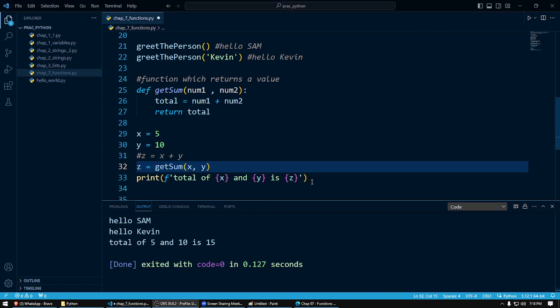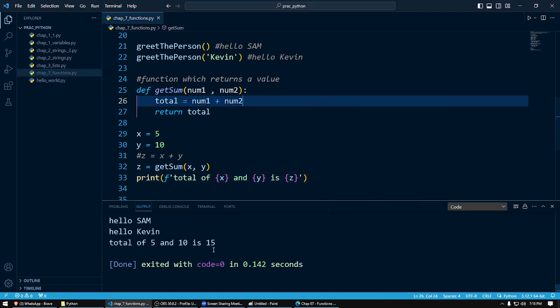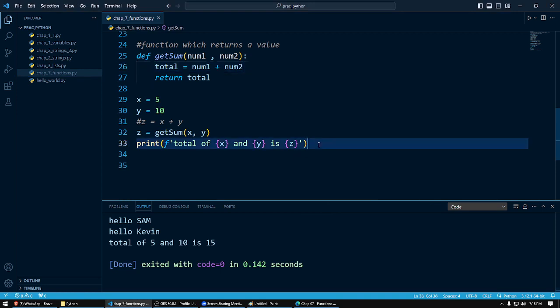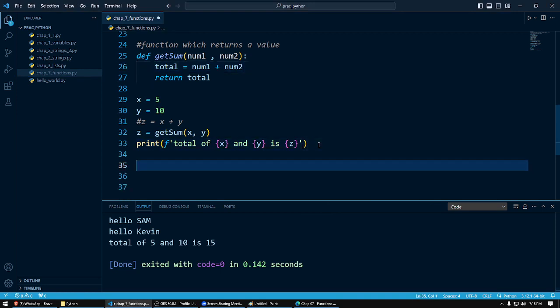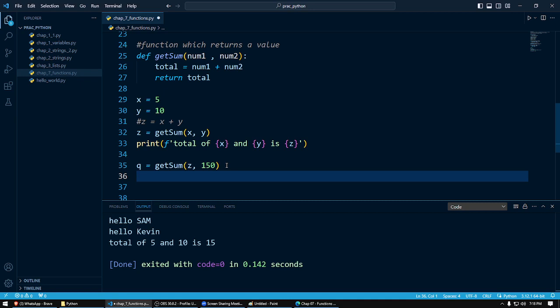Now what we're going to do is run this one and see whether we can get the same output. That's pretty easy. You see, it gets the output. Right, now in another place, let's say you want to find the total of another number. Let's say q, assign the value. Let's say you want to add 120 with z. Now you say get sum z comma 150. So this is going to add whatever the value that you have in the variable z, and it's going to add 150, because this same function is going to be called. It's going to do the work for you. And if you print the value of q,